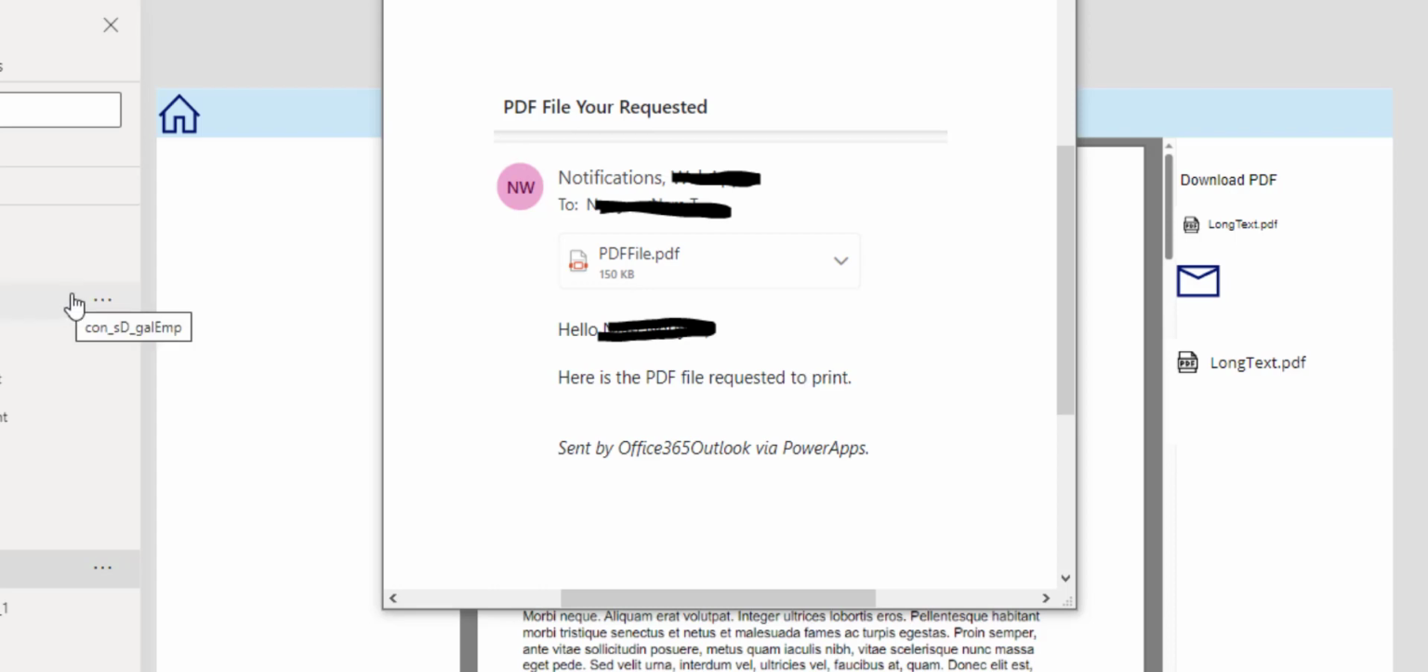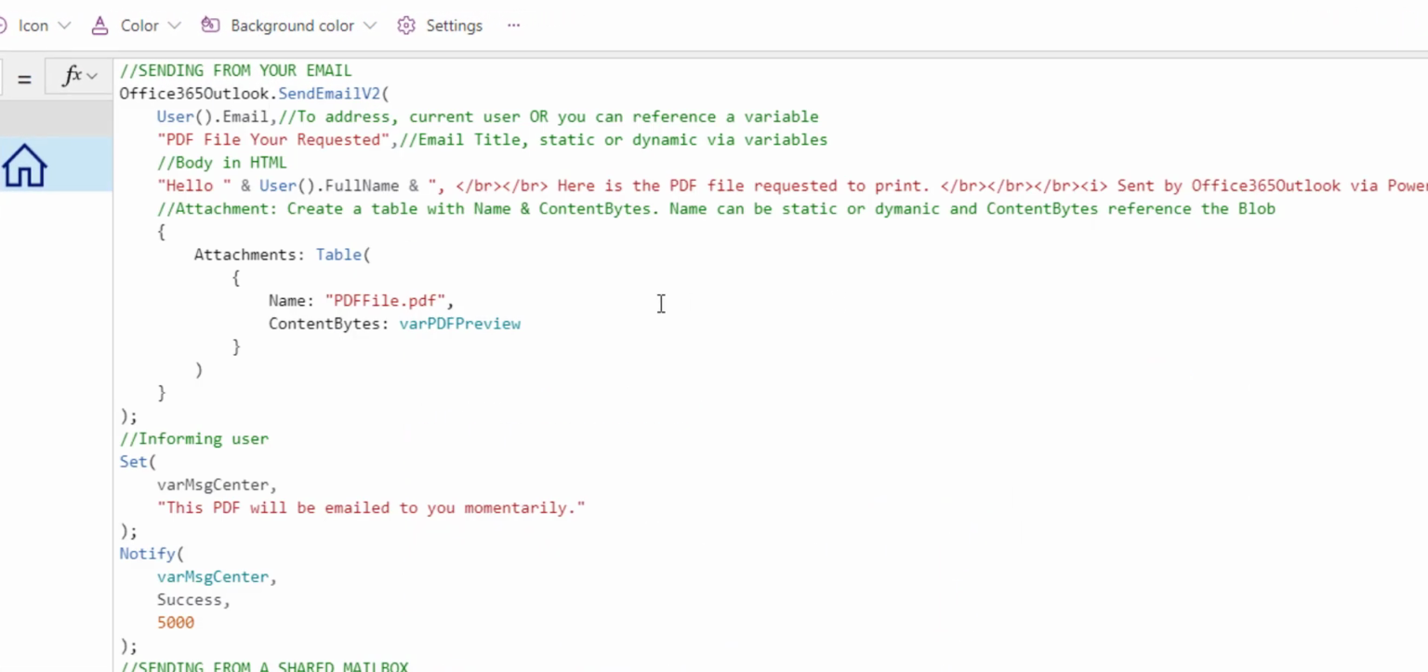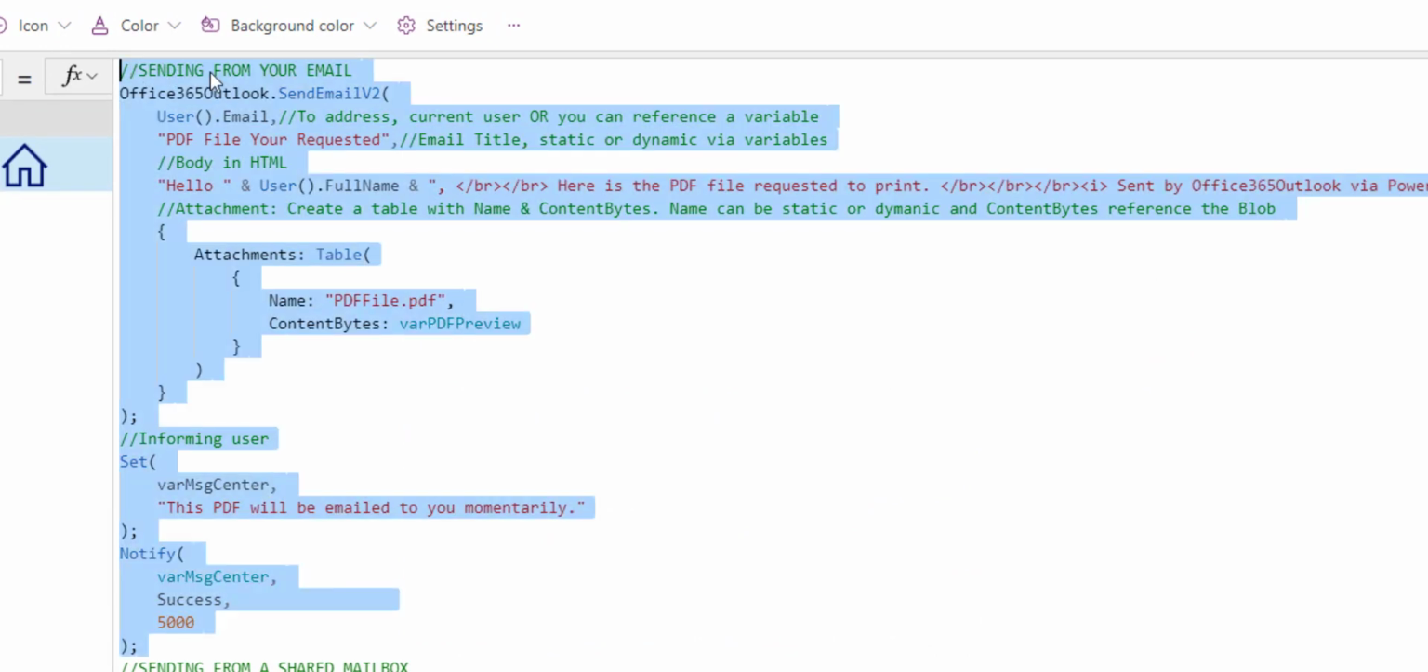Now I will show you two means. One is to send from your email address, or one from a shared mailbox that you have access to. That way the email doesn't come from you as an individual, but from a mailbox. So let me show you. On the OnSelect property of this mail icon, I have two sets of code. In reality, you only need one of the two. The first one is sending email from